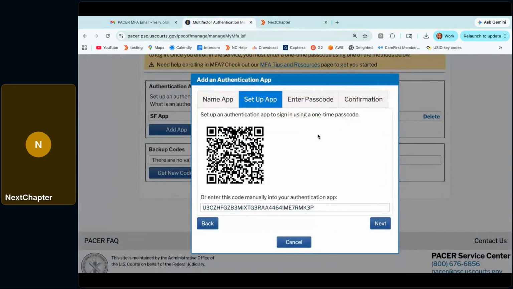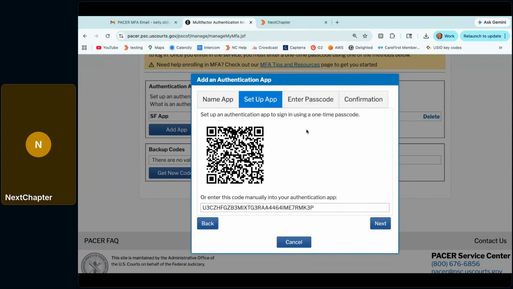And this is the part where I need to then scan this QR code with my phone. Like I said, I use the Salesforce Authenticator app. A lot of you might use a different one. When I'm in my app, I open it up on my phone and I see something that says add account. There might be a plus sign on your app, there might just be an add button. Either way, you'll want to click add. So I then add my account and I click where it prompts me to scan a QR code. So I then scan this code